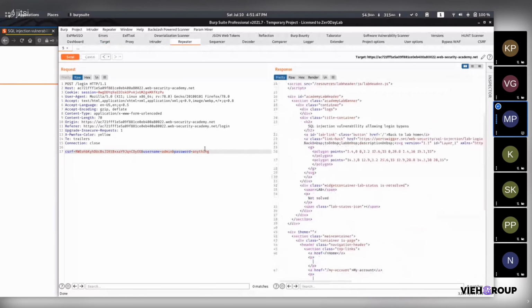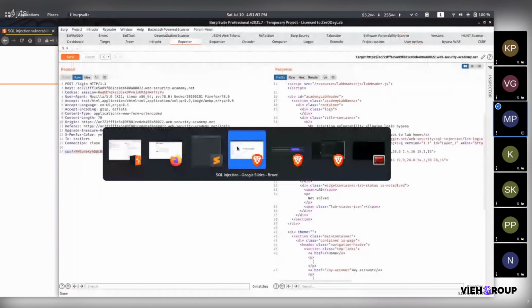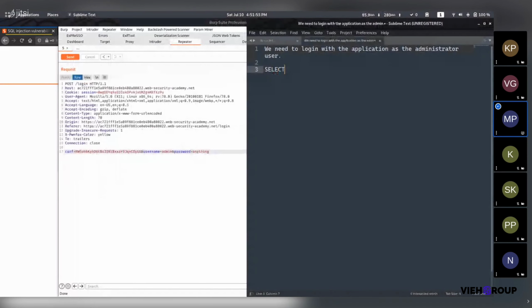Okay. So username has a SQL injection vulnerability, and I think the query would be like this way: select first name or select username from users. Users will be a table or a column from a database. So I am thinking that way.